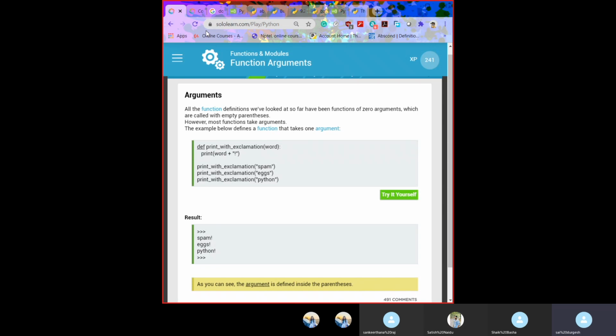Now we are using the argument and calling the function.